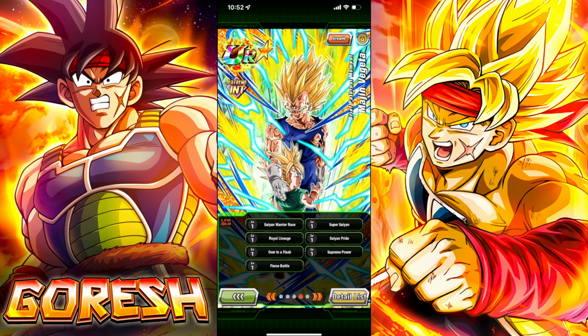And then in terms of links, again, full link level 1 here, he has Saiyan Warrior Race, Super Saiyan, Royal Lineage, Saiyan Pride, Over in a Flash, Supreme Power, and Fierce Battle. So before we even got the details on Majin Vegeta, when all we knew was we were getting a Majin Vegeta, we knew beforehand that this was going to be one of the things that you could complain about